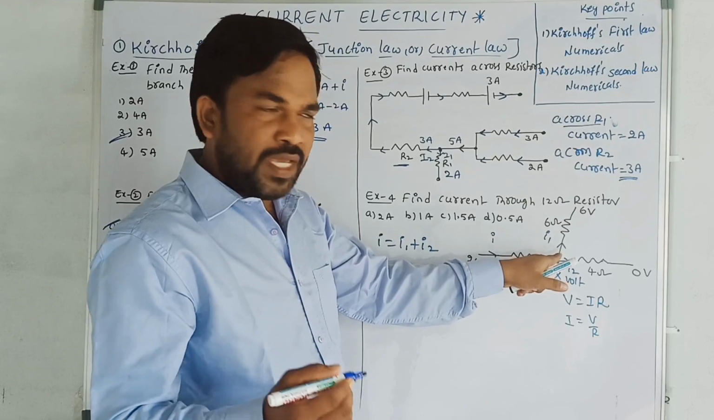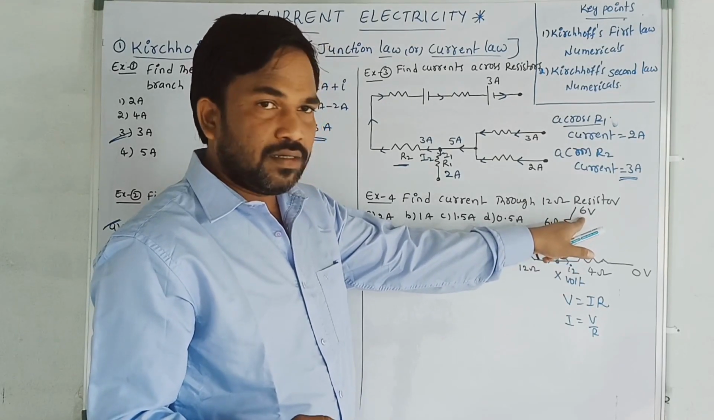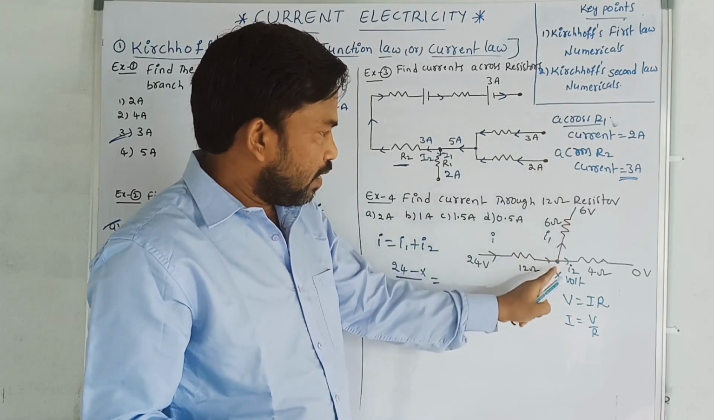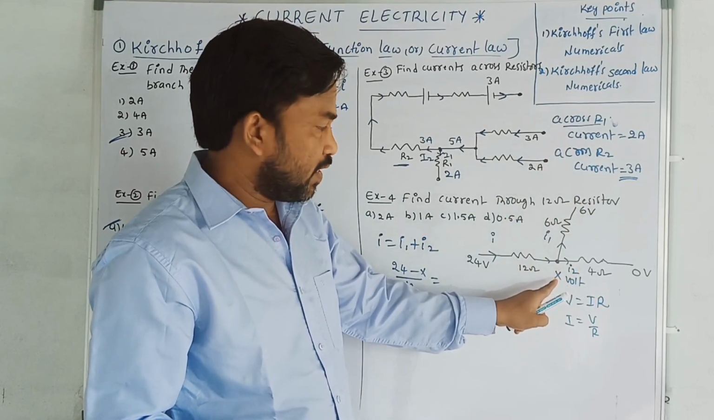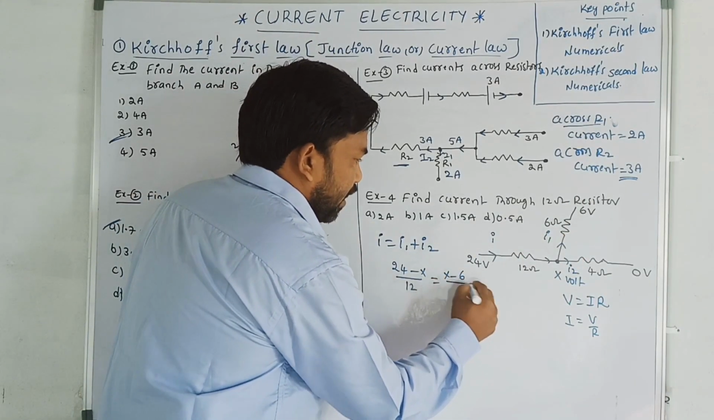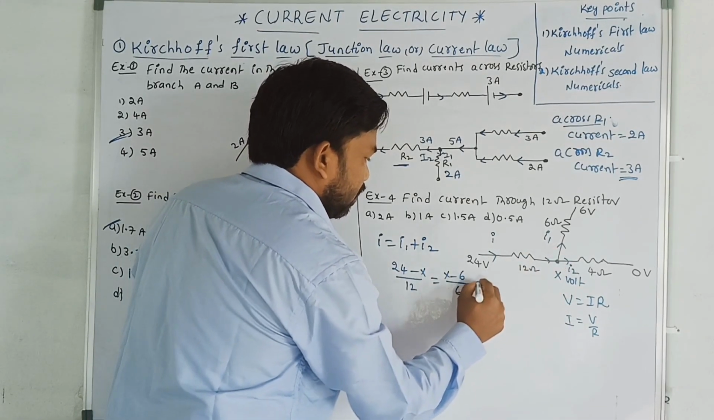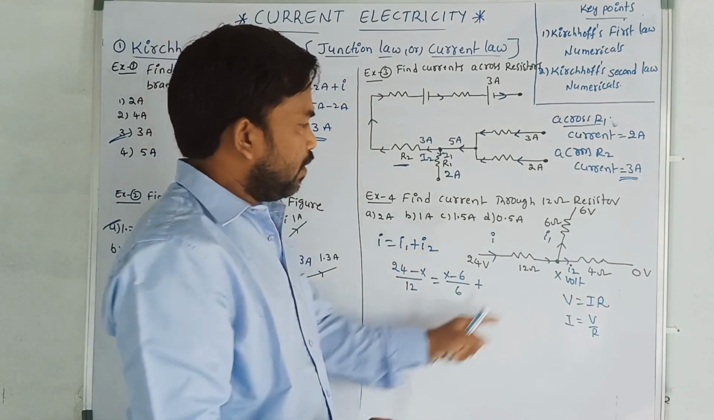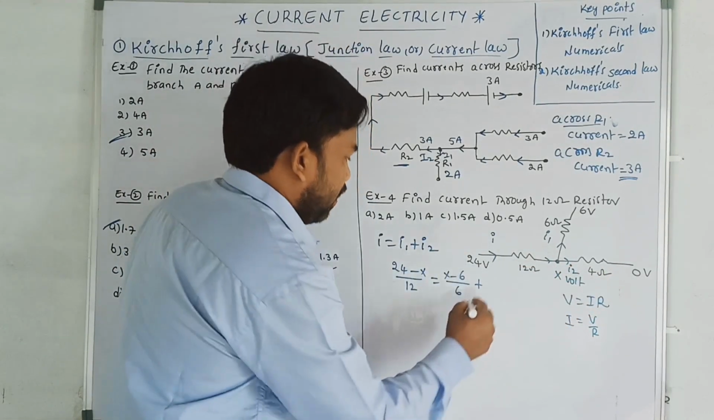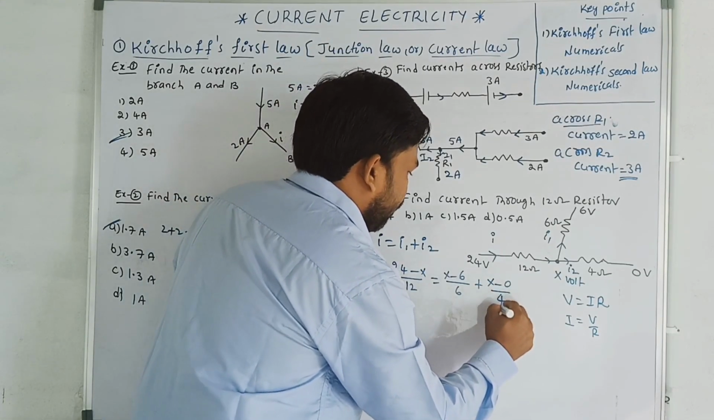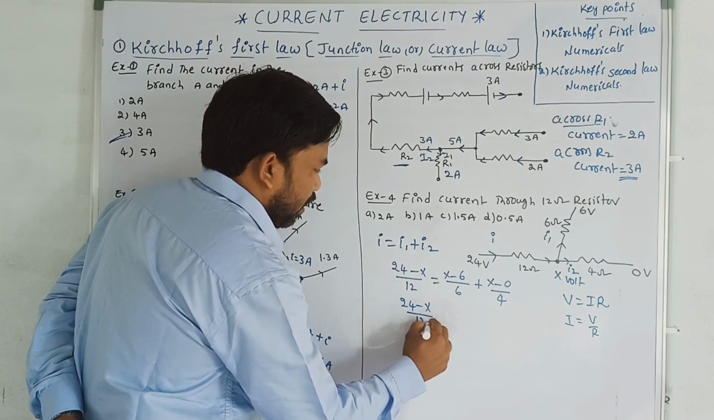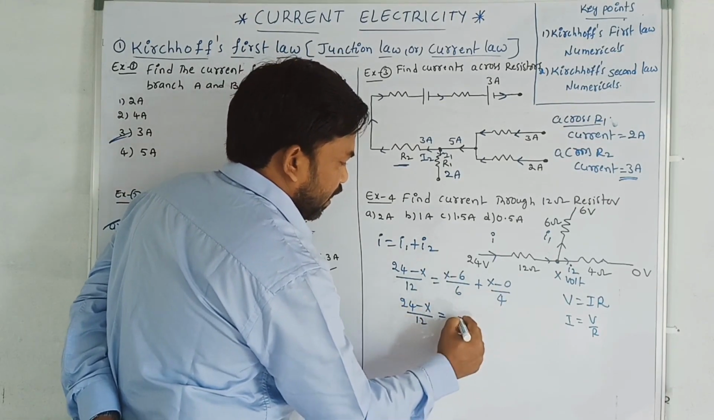Therefore, by the formula I is equal to V by R, it is x minus 6. Why? Because the current is going in the upward direction, so we apply the potential difference in the direction of the current. That is x minus 6 by the resistance 6, plus I2. What is I2? This is I2, x minus 0 by 4. Now, this is equal to 24 minus x by 12, and if you take the LCM,